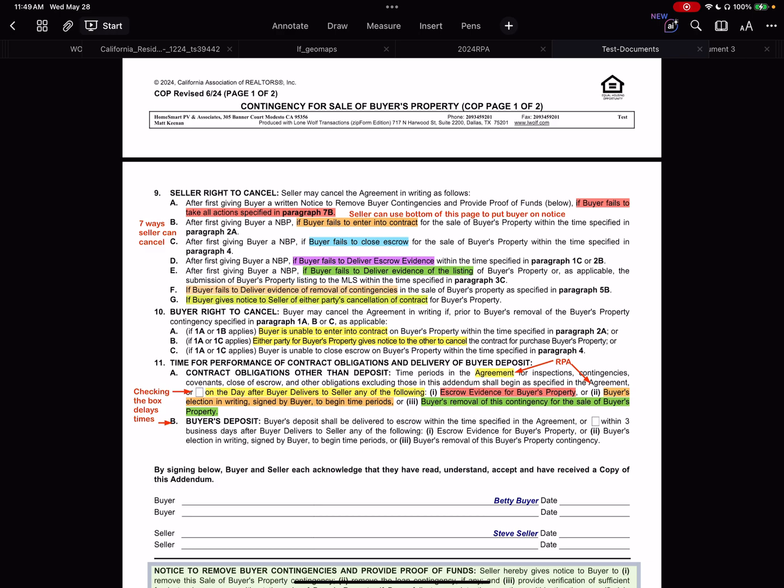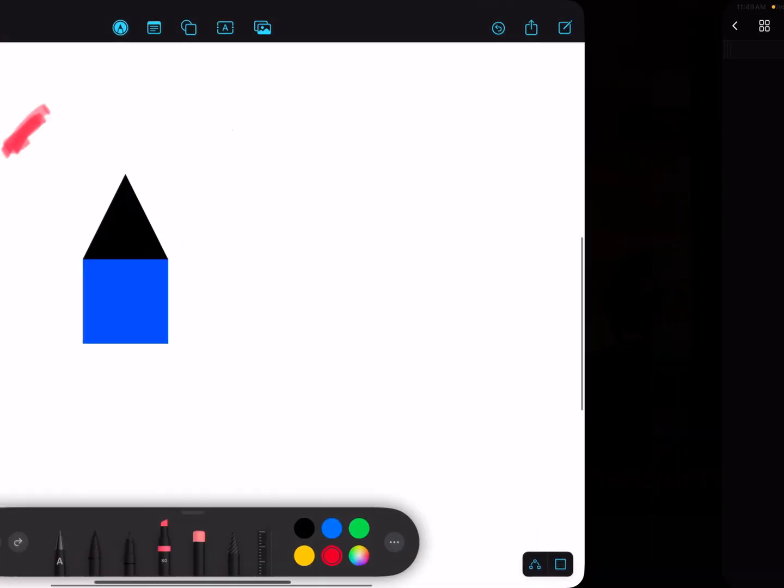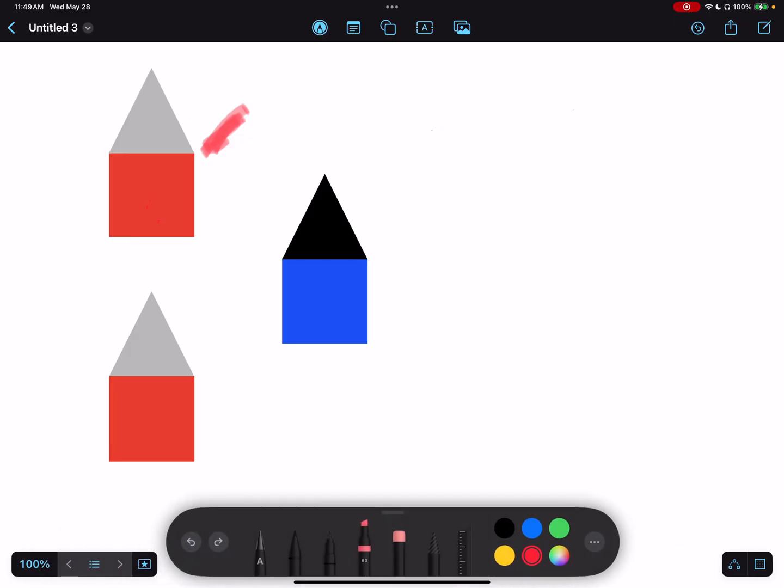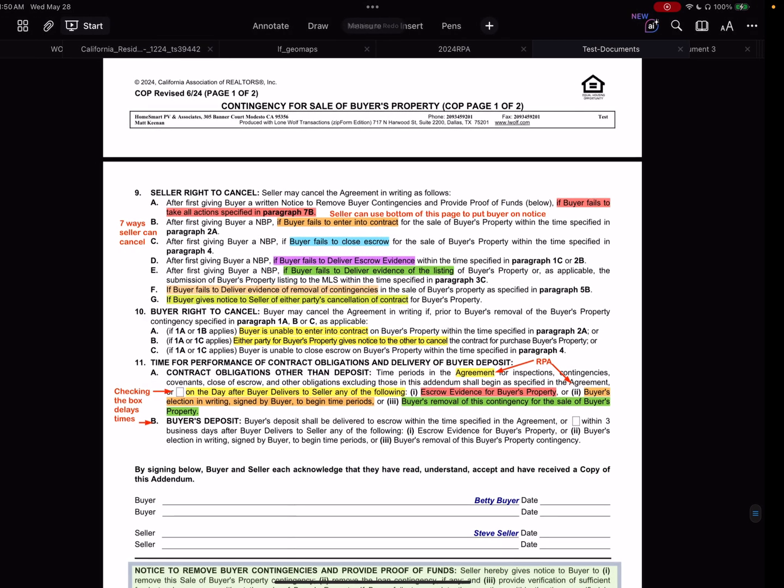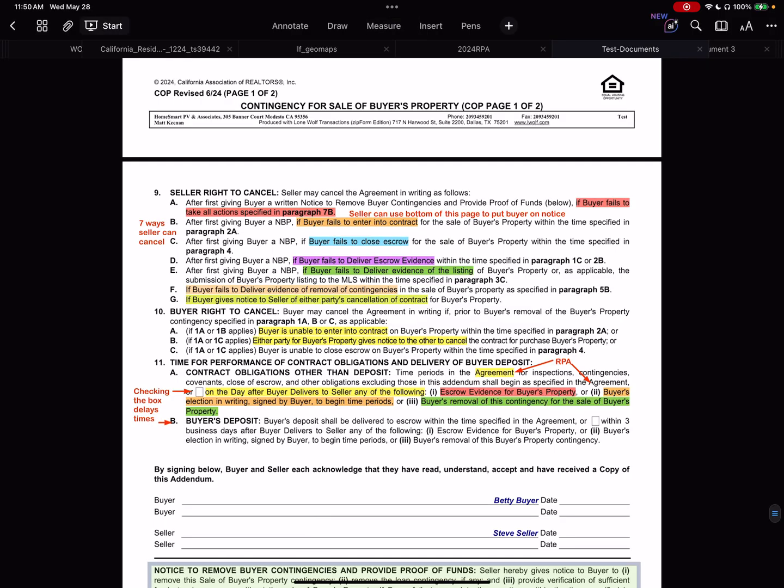And so if either party to the previous transaction cancels, let's say for example that this buyer who wrote up an offer on this home gives notice to this seller that they're canceling, and this buyer wrote up an offer on this home, then that means that this buyer shall give this buyer notice that they sent notice to this seller that they're canceling. Okay, hopefully that makes sense. So this way you can keep the transaction very open and very transparent.